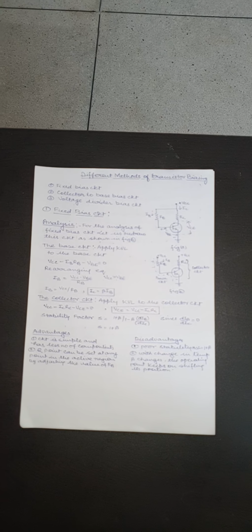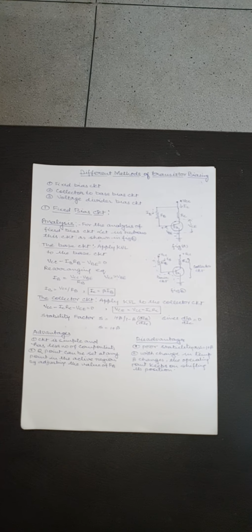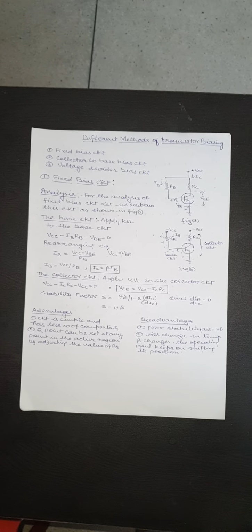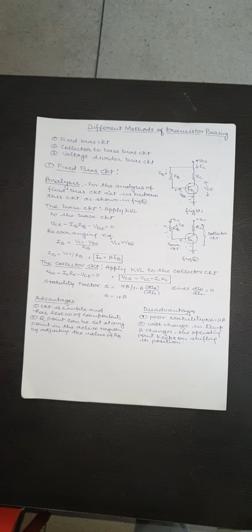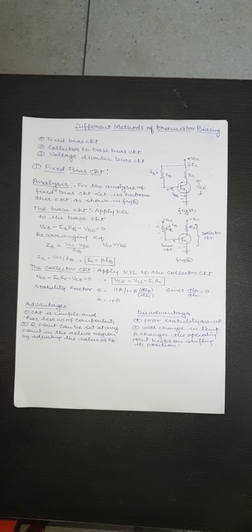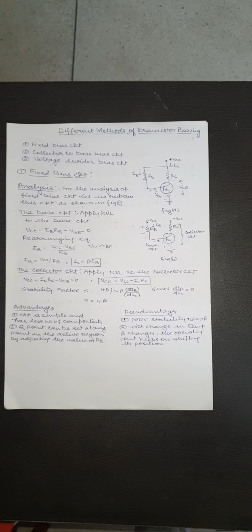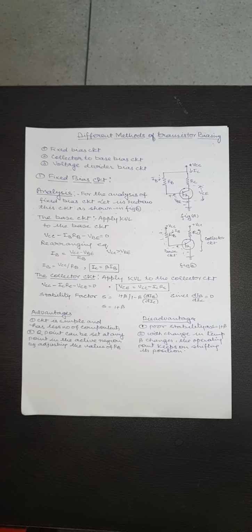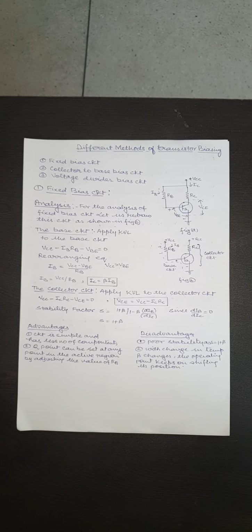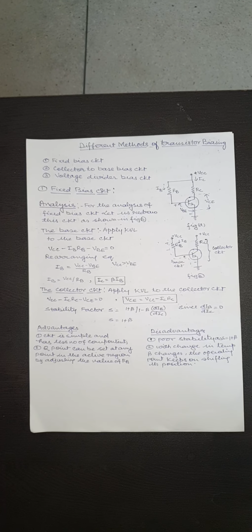The simplest of all biasing circuit is the fixed bias circuit, which is shown in figure A. Till now we have always shown two separate power supplies VCC and VBB to bias a transistor. But in this circuit only one power supply VCC has been used to supply power to the collector as well as base. RB is a single base biasing resistor, hence this circuit is called single base bias resistor biasing.